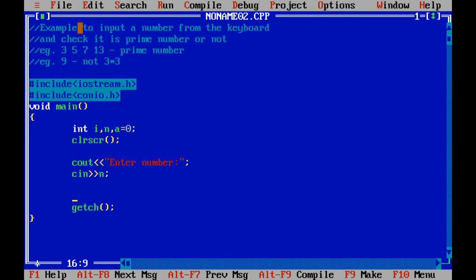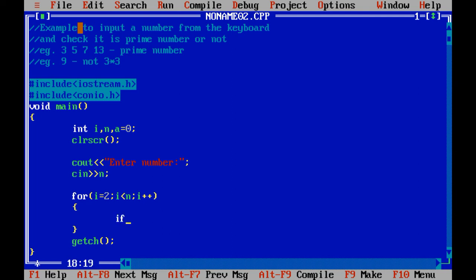For i equals 2, because 1 is a neutral number. You can divide any number by it whether the number is prime or not. So I have not started my loop from 1 because 1 is a neutral number. I have started my loop with 2, i less than n, because up to n I want to execute my loop, and i plus plus.